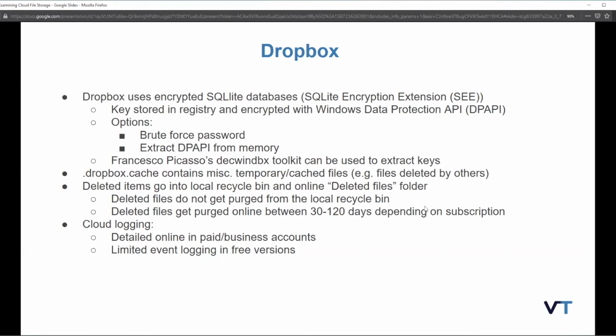However, I was interested in it. We may be able to do memory forensics, for example Volatility, or some other type of memory dump tool. And I was even wondering for future research if in Task Manager you can right click on a process like Dropbox and dump anything from memory into a dump file. I didn't have time to go into that and see if I could find keys there or in another